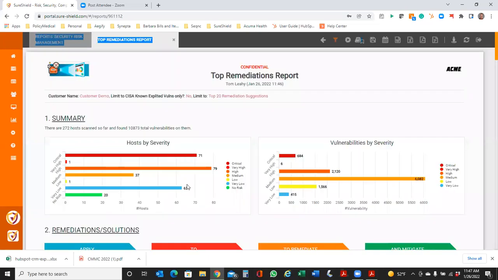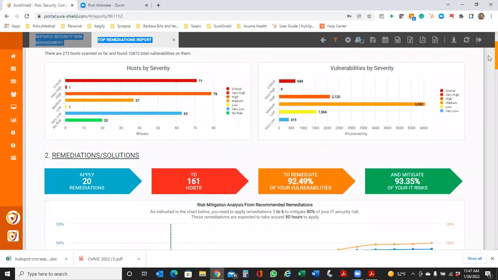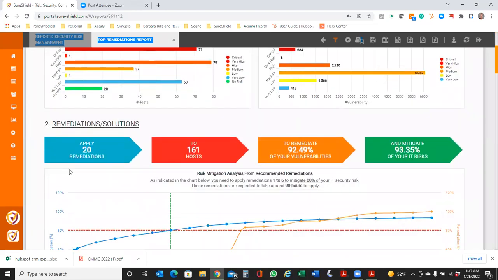And I get this summary report that comes out as an example that will tell me what are those areas of critical nature, high nature, that if I were to apply, in this case, based upon the information I have, 20 remediations on 161 of my hosts, I would remediate almost 93% of those vulnerabilities.